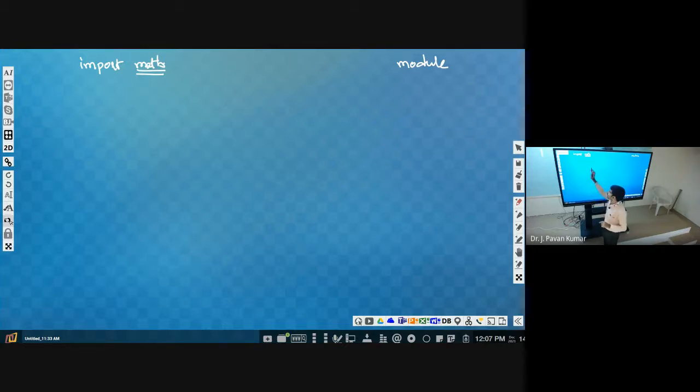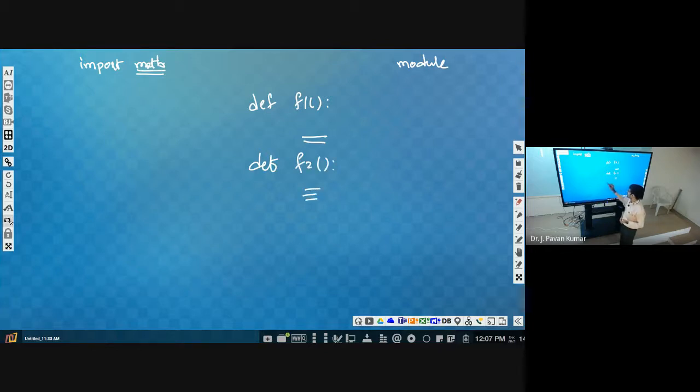Okay. Now let us consider we are having some 4 functions. Okay, 4 functions we have defined. Can you define a function on your own? Function, how can we define? DEF function name, that's it, right? So DEF, then function 1. Okay, we are having some definition. Similarly, we are having DEF function 2, some definition. Next, function 3 as well. 3 functions we are having, let us say.